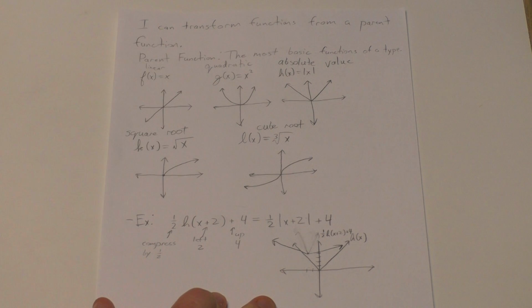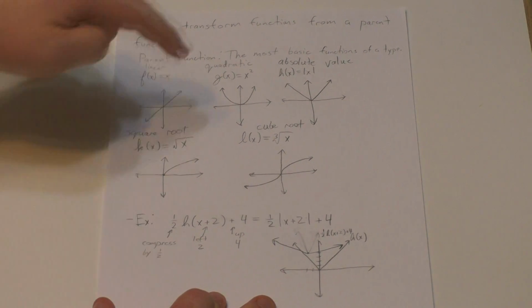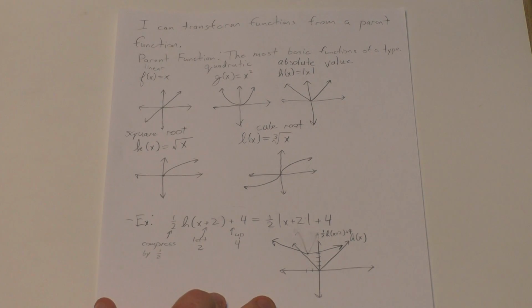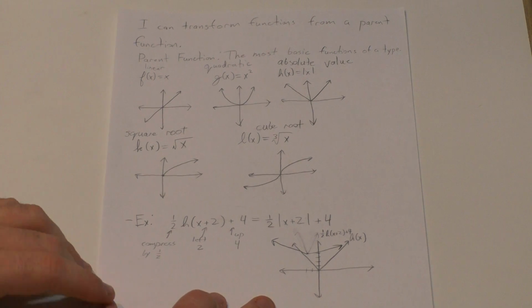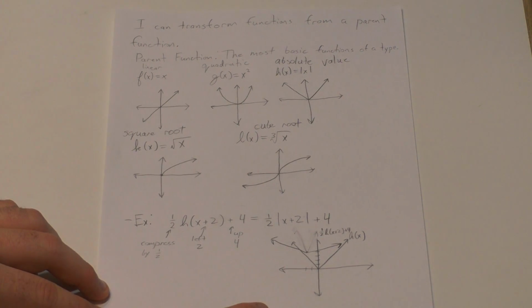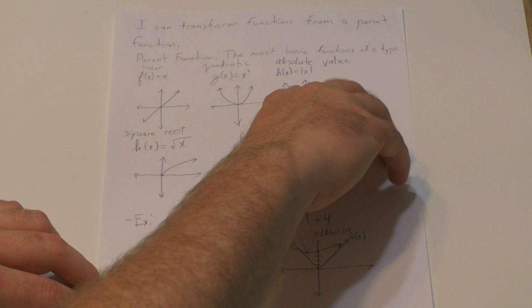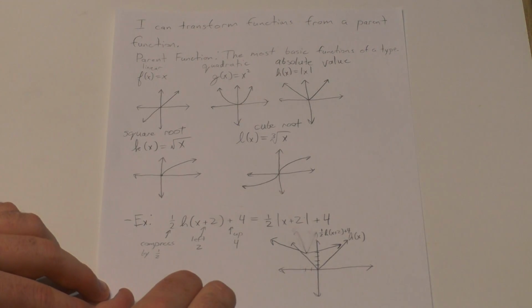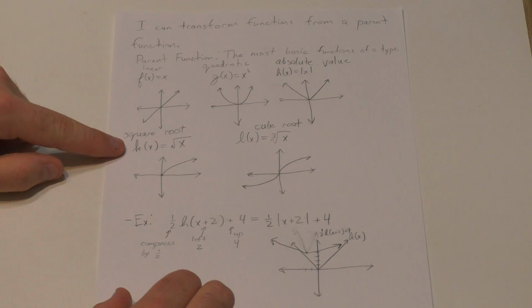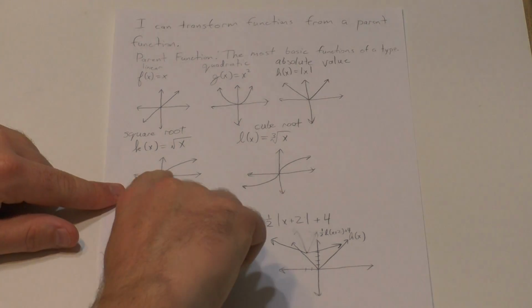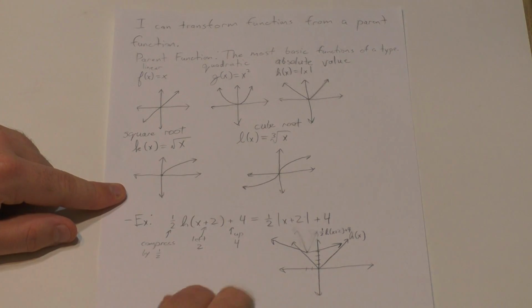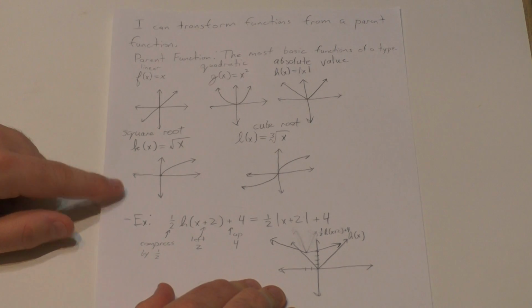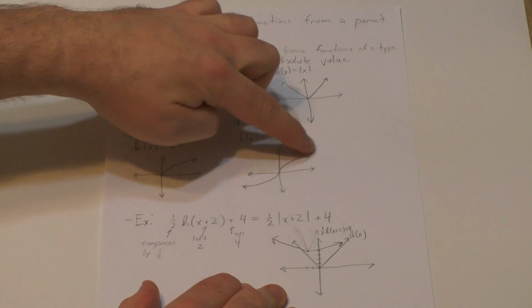1. Quadratic, g of x equals x squared, which is just this most basic parabola. Absolute value, h of x equals absolute value of x. It makes this kind of V shape right there that goes to the origin. Square root, so I have k of x equals square root of x. It makes this function that goes out in this direction. And then finally, L of x right here is our cube root function, and it makes this general shape right